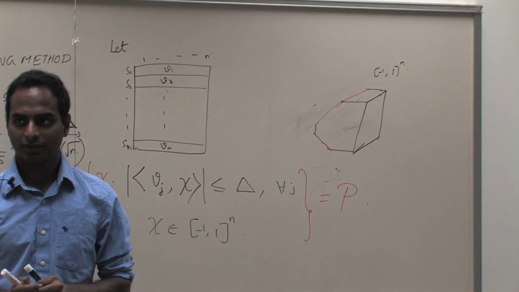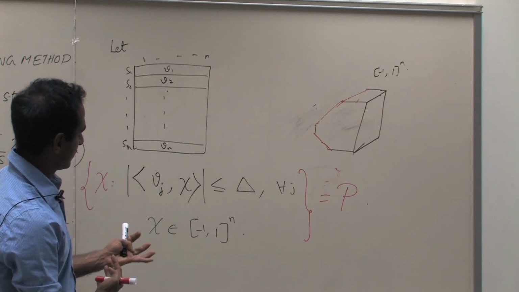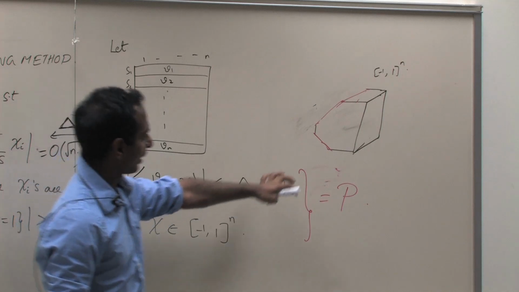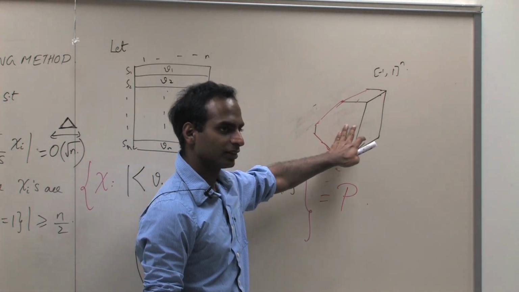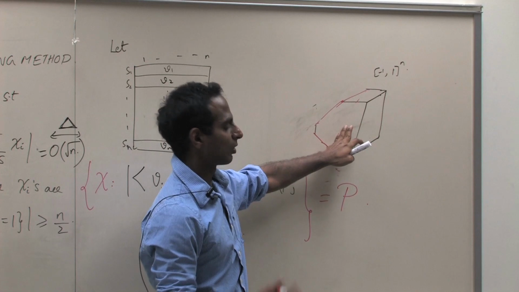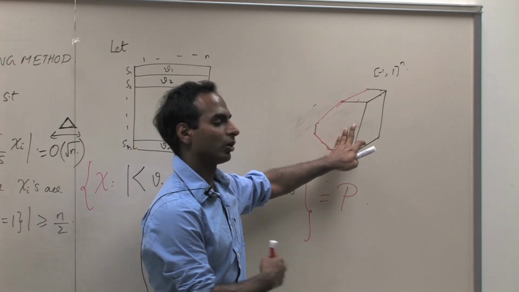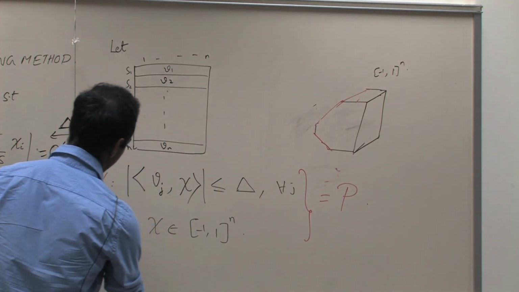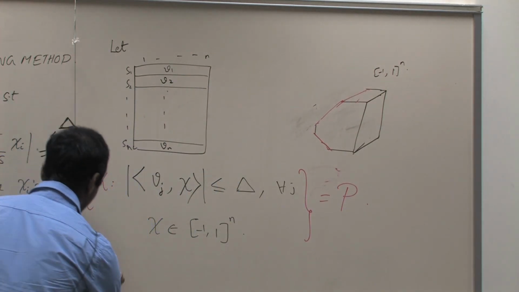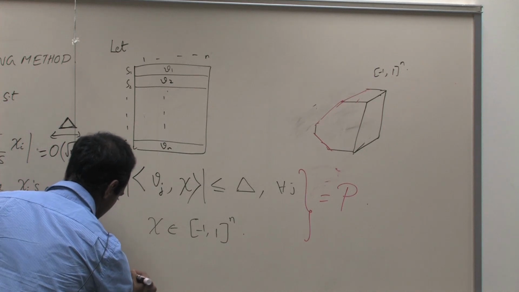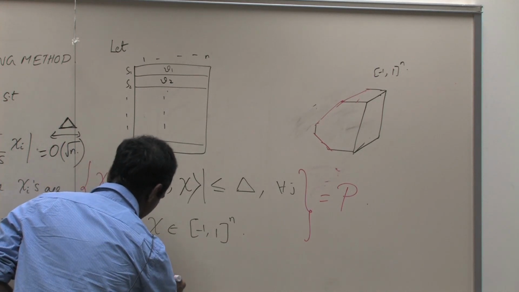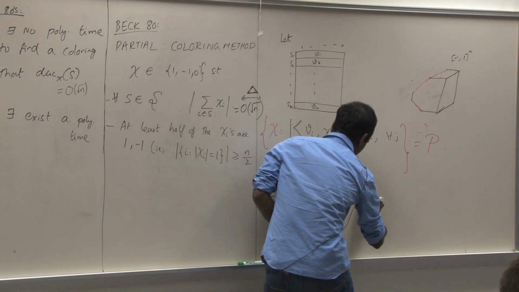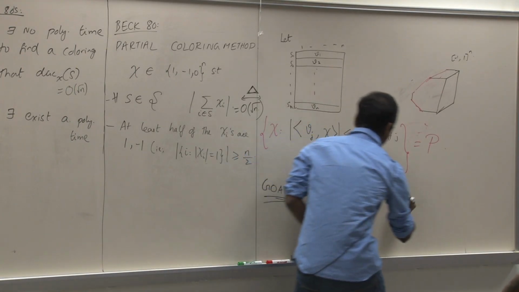So I just rephrased the question we had in geometric language. I want a vector within this polytope P which has many non-zero coordinates and many which are 1 or -1. Let me write down that goal. Show that there exists x in the polytope P such that